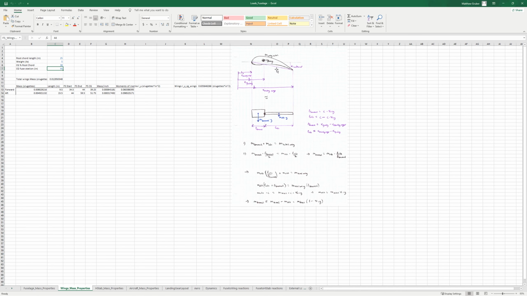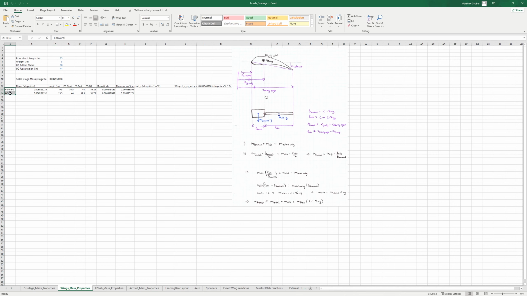I've made this approximation of the wing as just sort of 2 of these rods, with their length and mass adjusted so that the CG of the 2 of them is at the CG percent root chord of the wing. So that makes it so that these 4 numbers of your wing can calculate all the rest of this, which is the